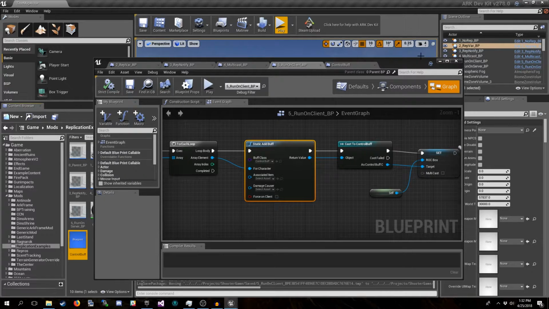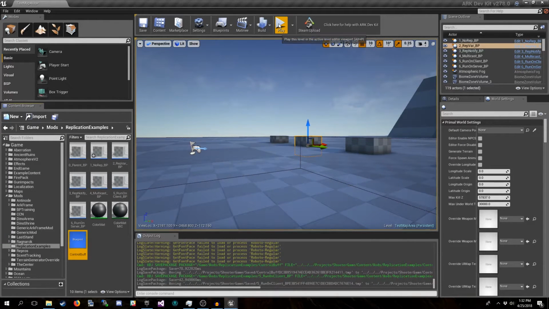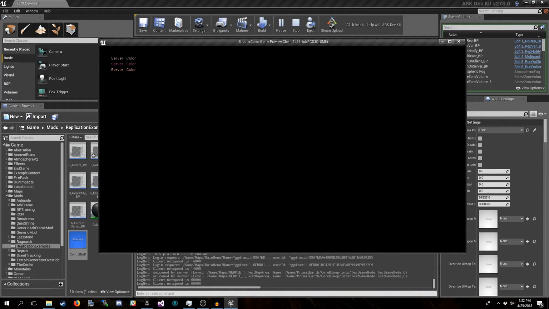Now if we run this, since I enabled that use control buff variable, that section of code will run and the control buff will get added to the player. So now we should see a color being added.